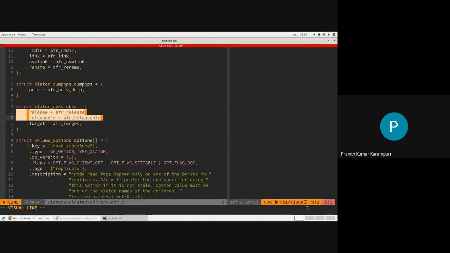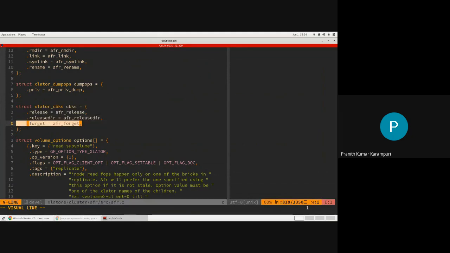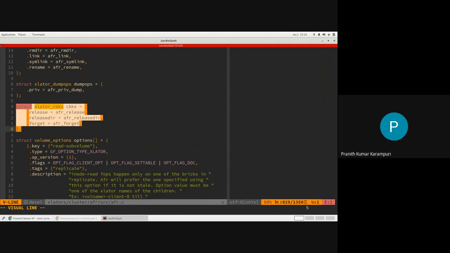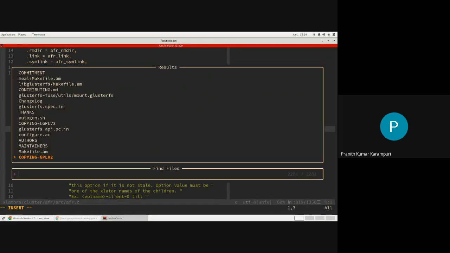These two are for FD closing, and this is for inode getting destroyed. All the information related to these resources will be forgotten by the translators. Something similar is also present for this client key.